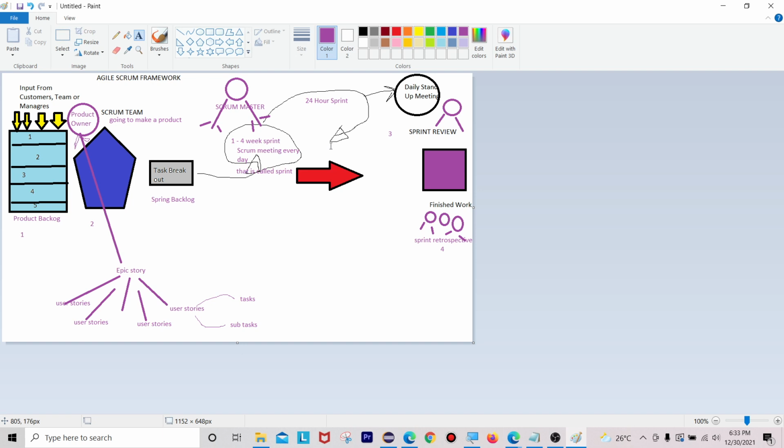What went well during this 1 to 4 week sprint, what went wrong during this sprint, and what could you do differently, meaning compared to others, what you achieved differently than others. These three questions we have to discuss during this sprint retrospective meeting. Whether that is correct or not, whether that got passed or not.